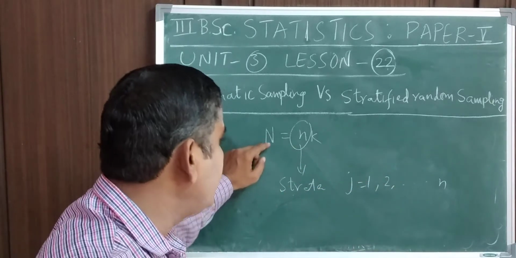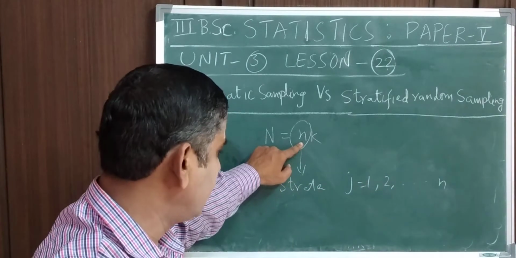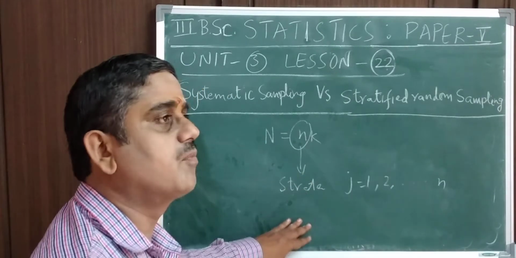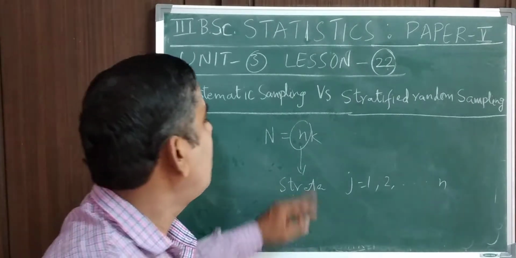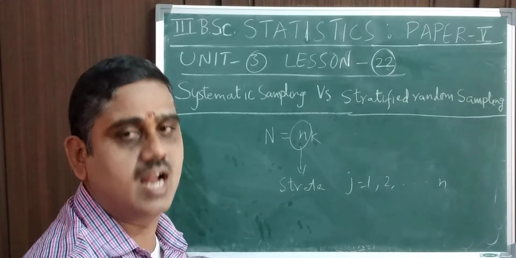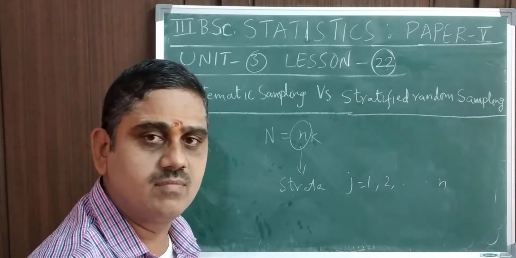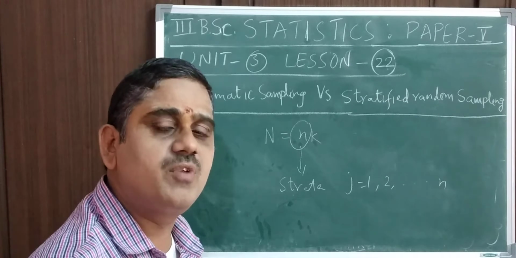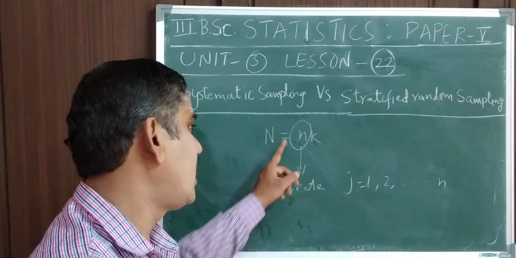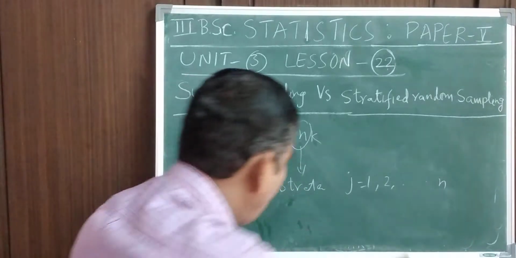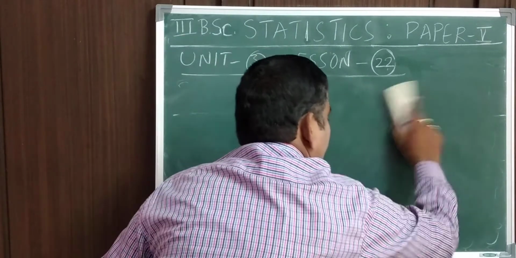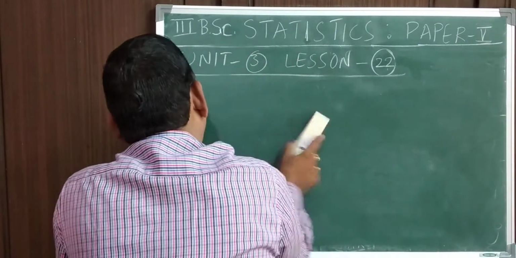Now, in the comparison of these, for the systematic sample we have considered n strata, subgroups. There are n subgroups. In each and every subgroup, that is stratum, we have k units. Each and every stratum consists of k units. Likewise, we have n strata. Now I write the formulas. One by one I explain the formulas in this lesson.